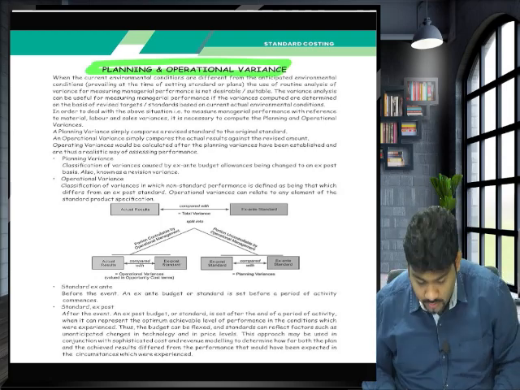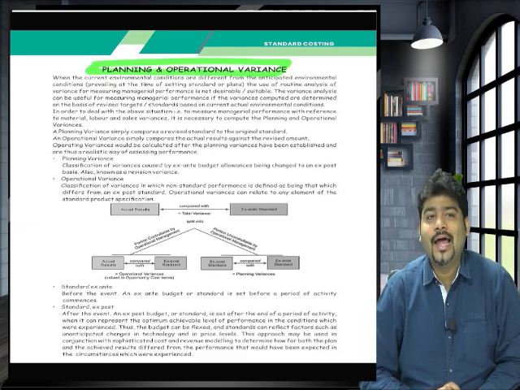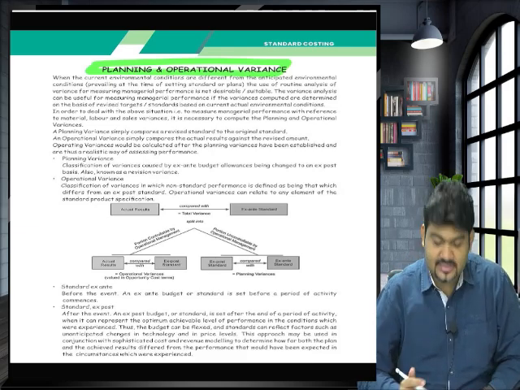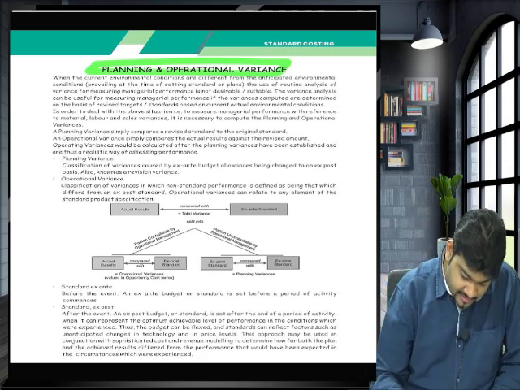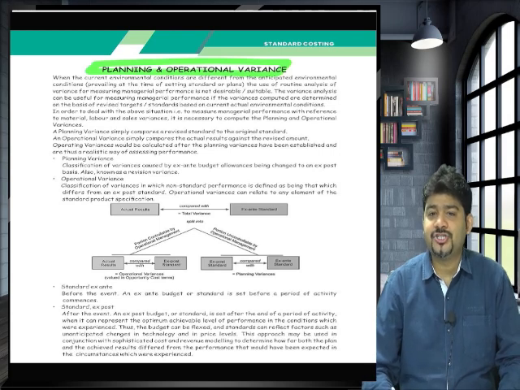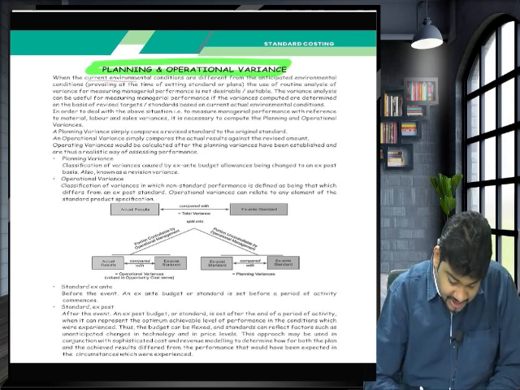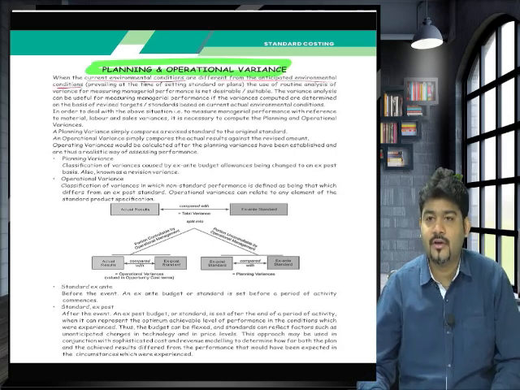Okay, so now let's try and understand the planning and operational variance. Are we ready, guys? So, see here. When the current environment conditions are different from the anticipated environment conditions, okay, so